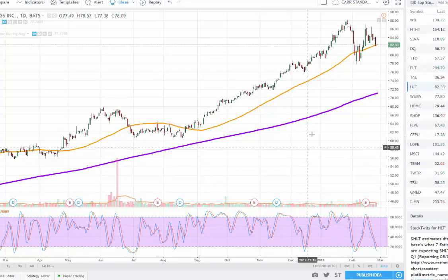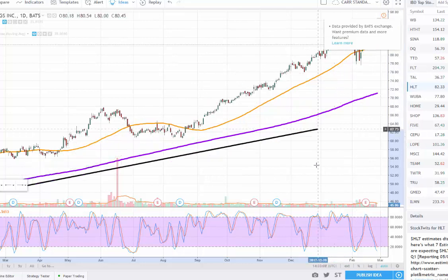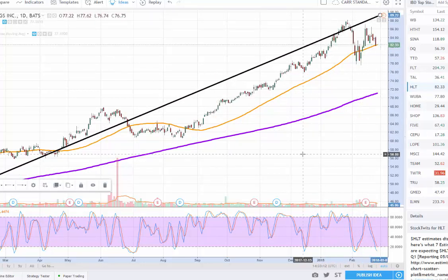Now here's a nice looking chart. This is Hilton Hotels in a sustainable uptrend. We've got a trend that is above the 45-degree angle, down below the 45-degree angle, and whenever it drops below, it seeks to make its way back up. It's dropped back down again along with the sharp sell-off in the market. It rallied back up to the 45. It's now dropping back down again. It's staying right at the 50-day